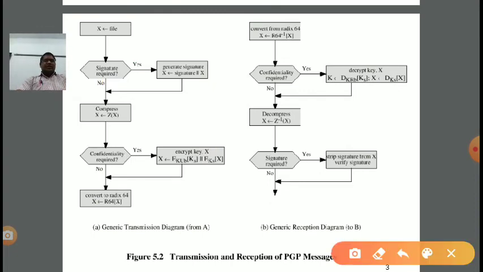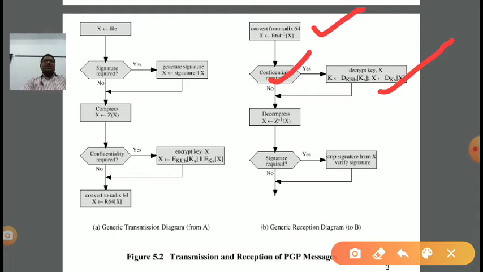Now, at the receiver end, initially we got the Radix 64 format. In Radix 64 format, we apply the inverse technique in order to get the message. So R64 inverse on X, we will get X. Then if confidentiality is required, we will apply decryption in order to decrypt the message.